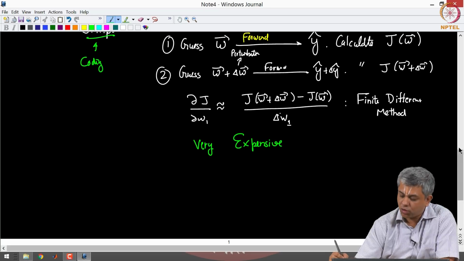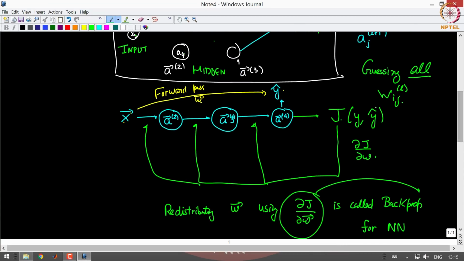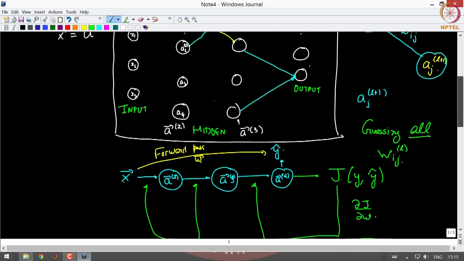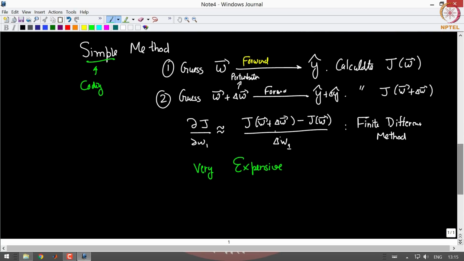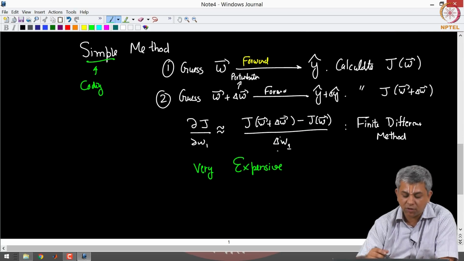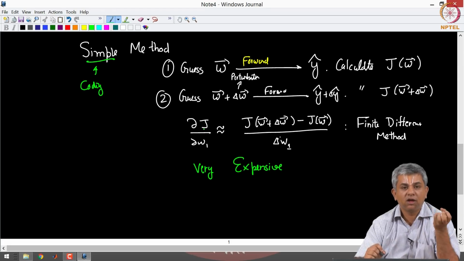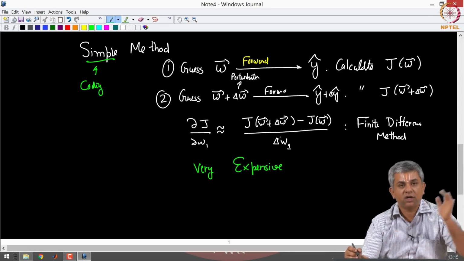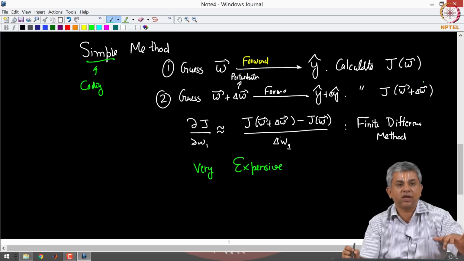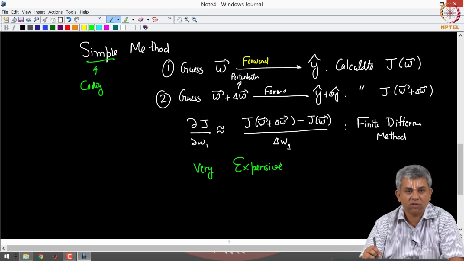It is expensive because for each forward pass, for each gradient descent pass that you have to do, you have to calculate multiple of these del j del W's. Okay. For each parameter you will have to calculate del j del W, and you could have millions of parameters. So, these are millions and millions of calculations, and for each calculation you will have to do two calculations, j of W and j of W plus delta W. This turns out to be extremely expensive.